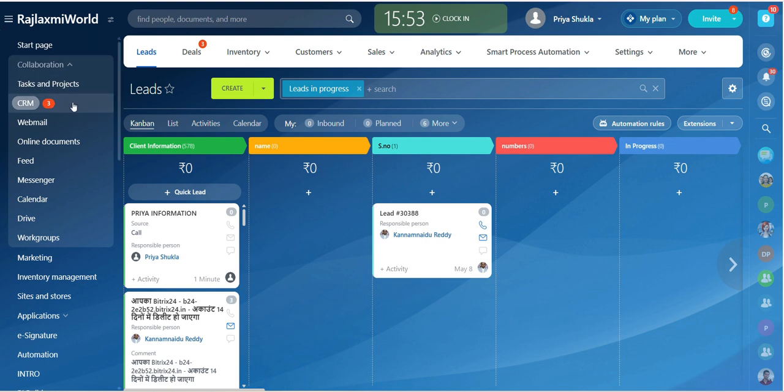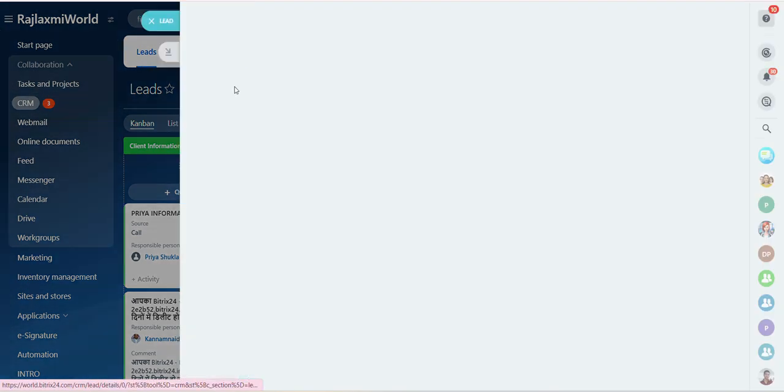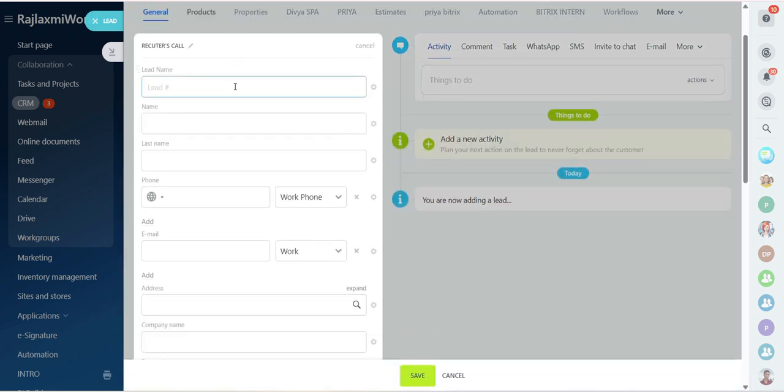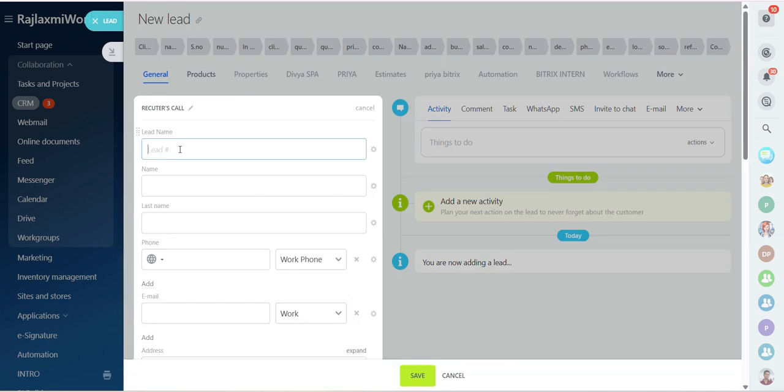First of all, go to the CRM and leads section and click the create button to generate the customer information. First of all, like